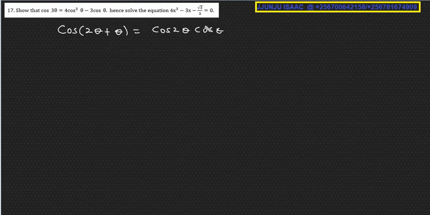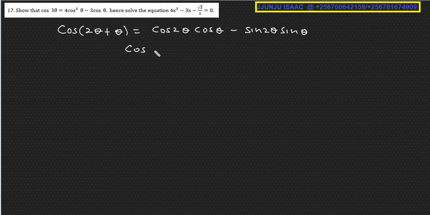Then when there is a plus, we take a difference, then sin 2 theta sin theta. That is how we expand the compound angle for cos when you have a plus here. So now we need to just get rid of this double angle. So we know